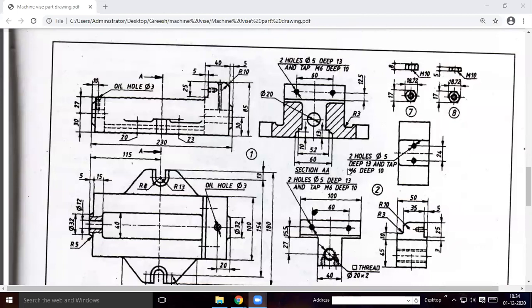G1. Sir, one minute, I will tell. What about others? Vidya Prasad.